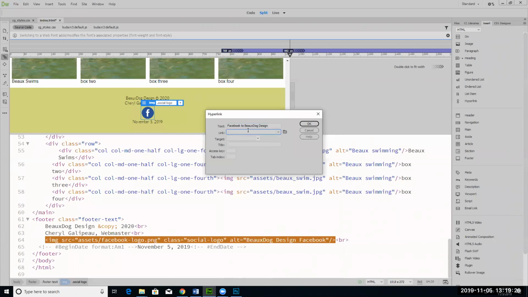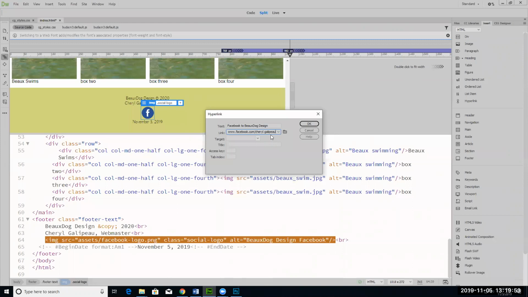My link, http://www.facebook.com/ and I think this is how I have it. It's been so long since I've done this, but I think it's just my first name dot last name is what I did. So when a corporation goes in, or a business, or anybody goes in, you can create your